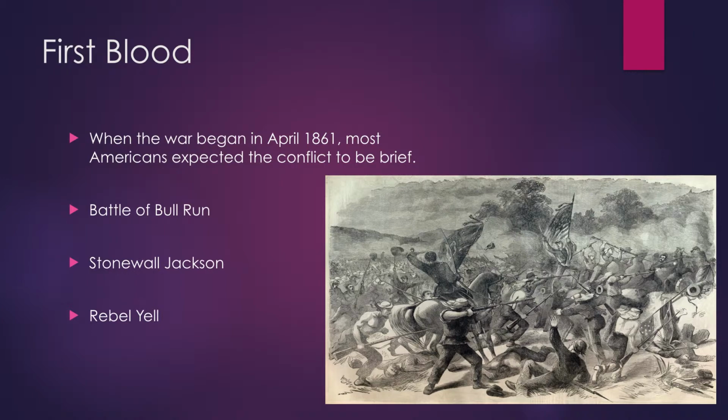But as the Confederates are retreating, they found a brigade of fresh troops led by Thomas Jackson waiting just over the crest of a hill. So as the Confederate troops are pulling back, they come into a fellow Confederate brigade led by Thomas Jackson. Now, Thomas Jackson will say he would not stop. He would not pull back. And this would be the rallying cry, because they would say, look, there's Jackson with his Virginians standing like a stone wall. And of course, we know that nickname would stick, and that general would be known from that point forward as Stonewall Jackson. During that afternoon, thousands of additional Confederate troops arrived by horse and by train.